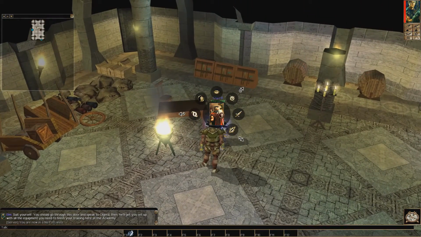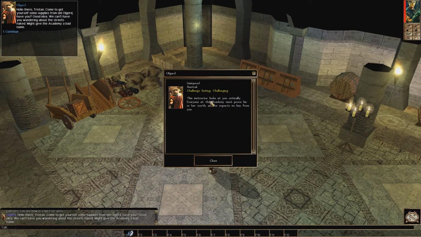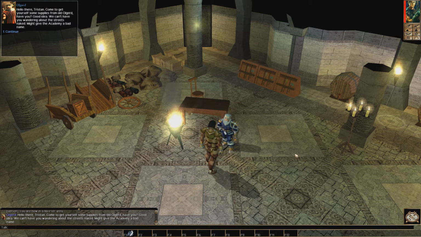Hello there. Come to get yourself some supplies from old Olgerd, have you? Good idea. Can't have you wandering about the streets naked. Might give the academy a bad name. I think if you don't get the tutorial from this guy, he won't give you armor, so...